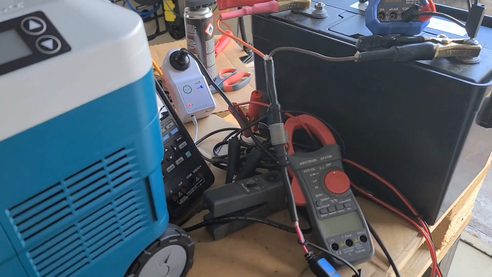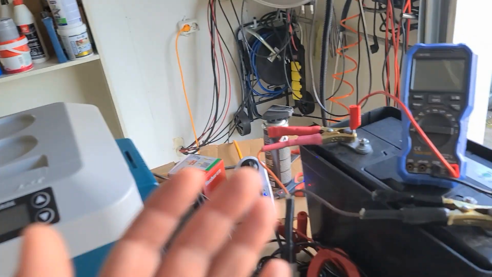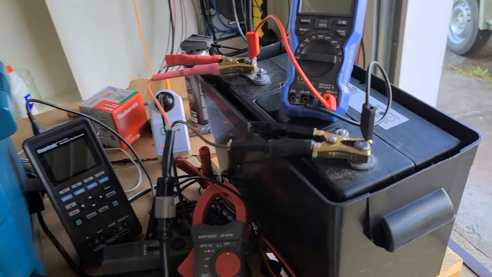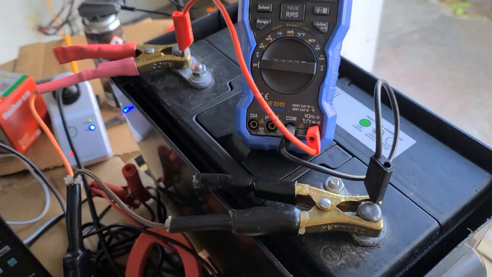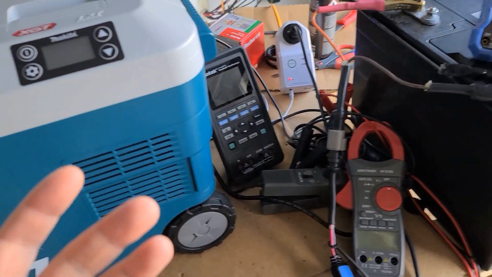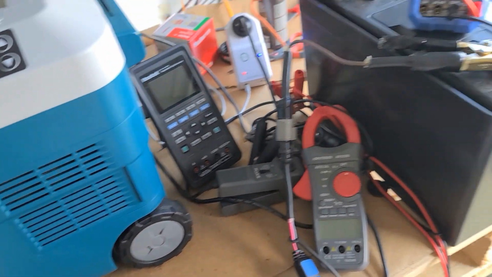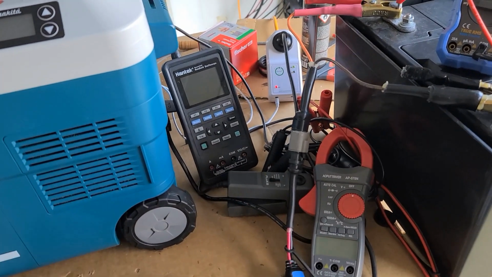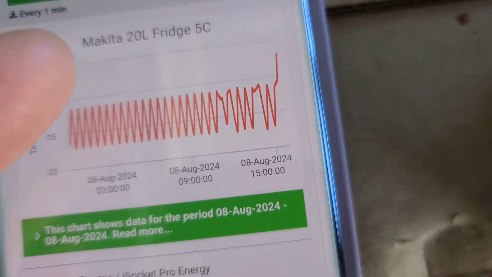In that case, it was an experiment about the temperature profile, about power usage, so I know that the battery is flat. Now it's charging, so I cannot show you that it was flat after about 1 day, and the compressor starts operating not in the same way as when the power source is okay. So it stops more, starts more, and we immediately see this on the temperature profile.